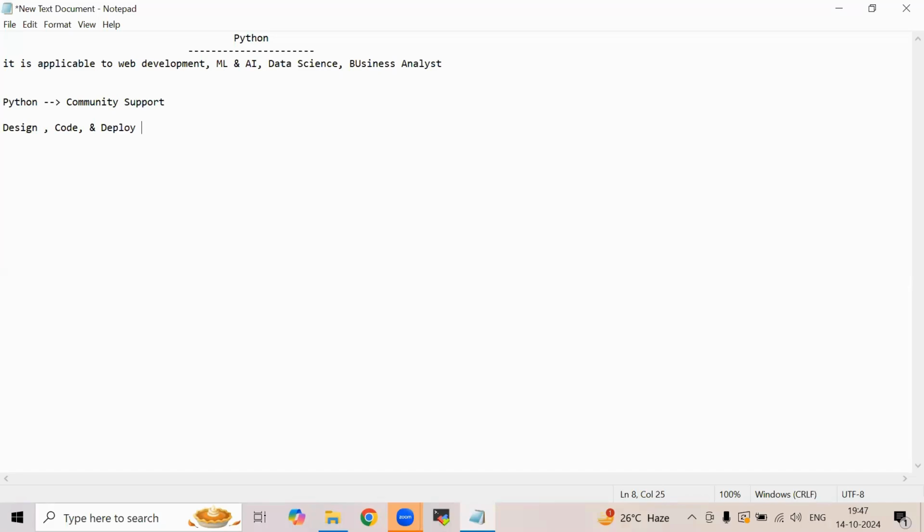They will design any project and then code for it. Once they're done with the coding and other steps, they'll directly deploy that project onto the production environment, where the deployment is available for use. So in web development, they design, code, and deploy.